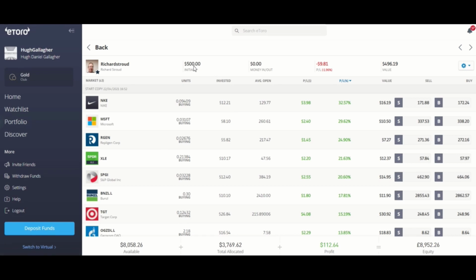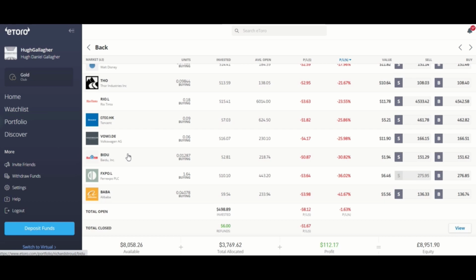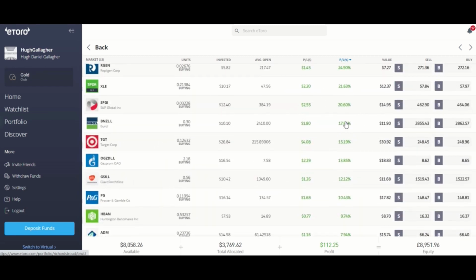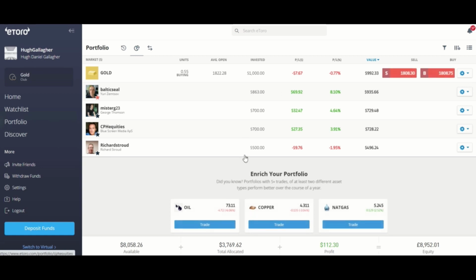So Richard Stroud, then what I want to do is a bit of an experiment here actually. I've only got about 500 here, so not as much as the other ones. And I'm just going to talk a little bit about his portfolio because it's meant to be safe and dependable, but actually he's taking some risk here as well, and I'm going to show you why I'm switching out, and how I do that. I'm not going to switch out totally from this guy, which you could do by just going here and then just stop copying,